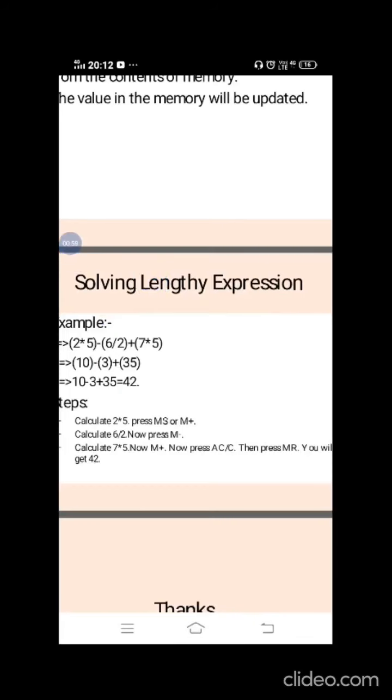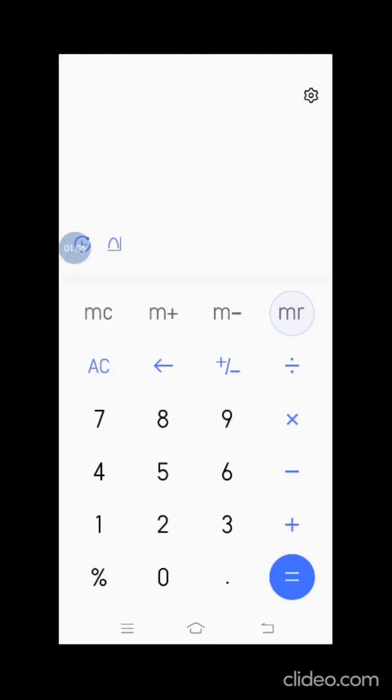In the next step I will calculate 6 divided by 2 and I will press M minus. I click on 6 divided by 2, it gives 3, and I click on M minus only a single time, and then clear the contents using AC.